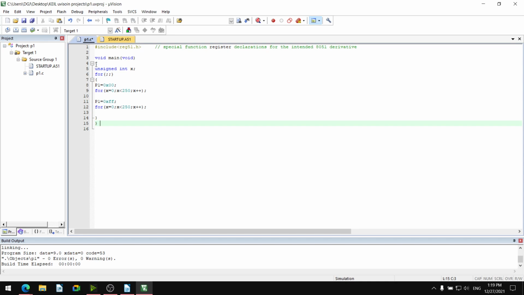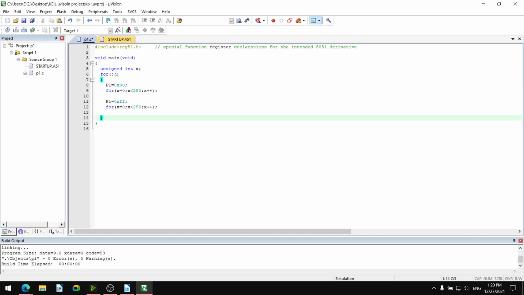This is the first program we have discussed already in the lecture. It is having the header file inclusion, that is include REG51.H, void main void is there. It is starting with the curly bracket of the void, this is the ending curly bracket of the void. This is the block of the commands of our main, under which we are having unsigned integer x, that is x is declared. for(;;) is an infinite for loop or forever for loop, and this is the curly bracket to close, opening and closing.